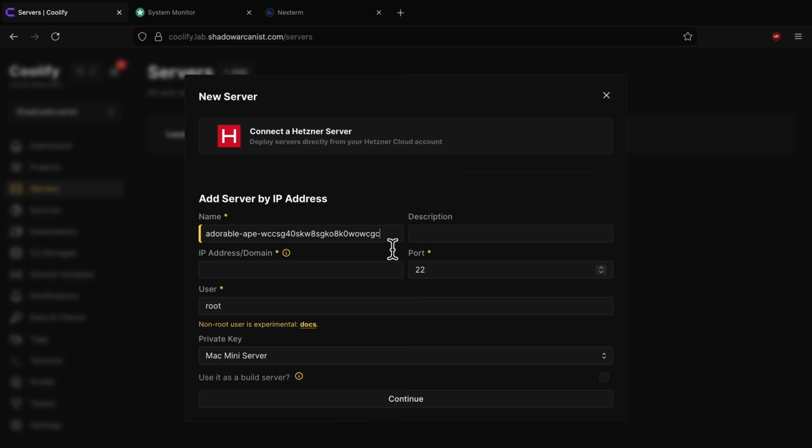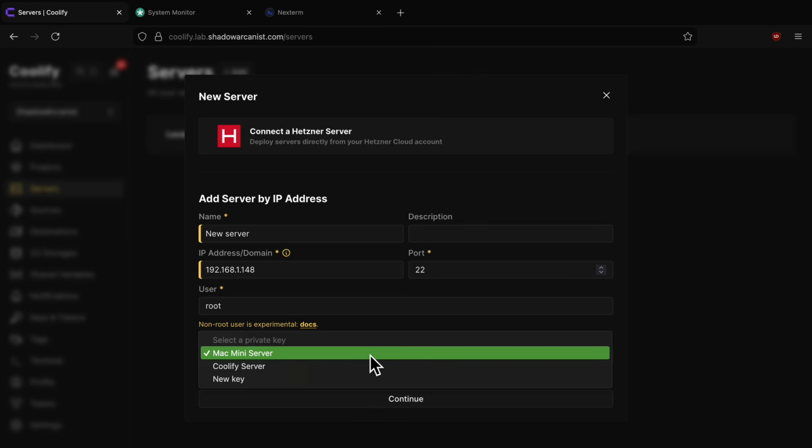Here we can add a server in multiple ways. First way is to add a server using its IP address. Second way is to add server using a SSH domain using Cloudflare tunnels. Third way is to use Hetzner integration. For this video, I will use IP address of a server I already have. Give the server a name, then set the SSH port number, user account, and select the private key we added